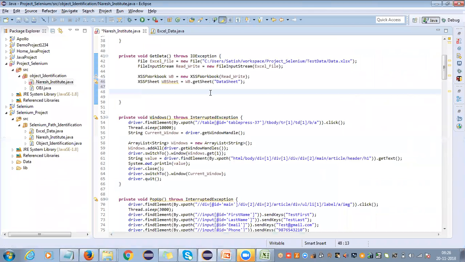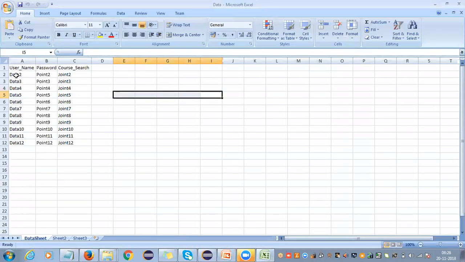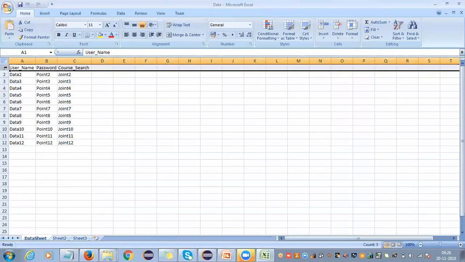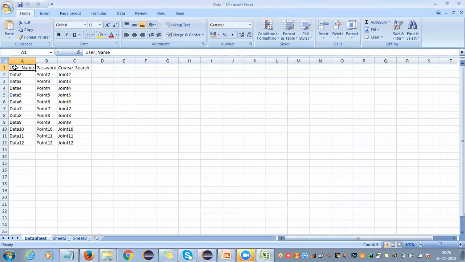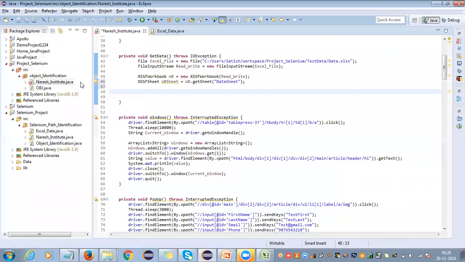Now I'll take the row. So first my target is to get all these header values into the map's key. Okay. So first for that,